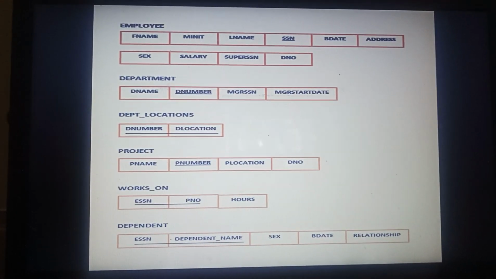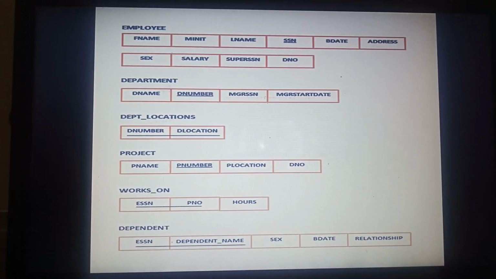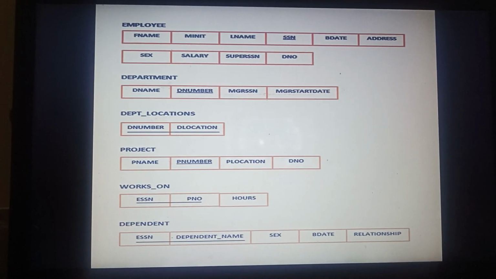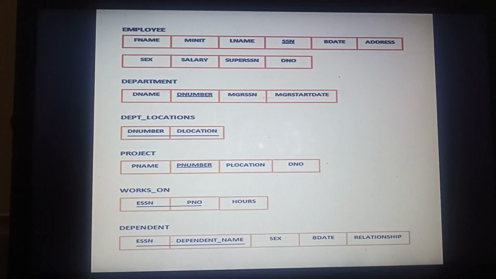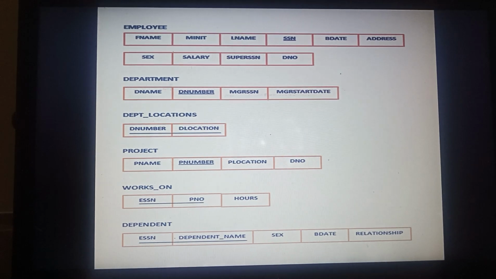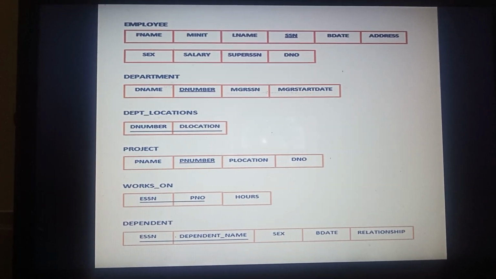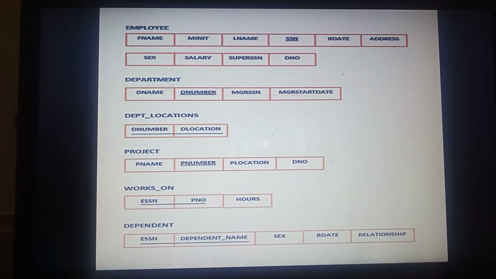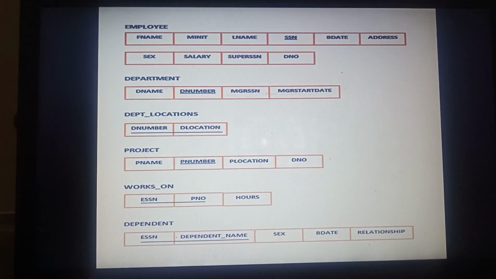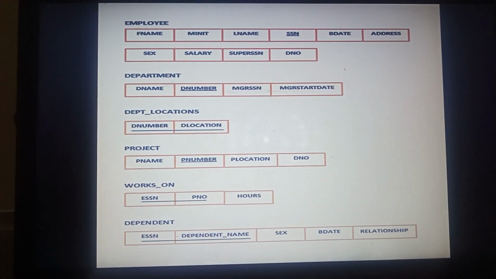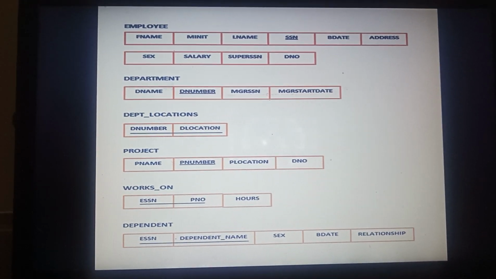So what we will do is, we will make a table for this attribute. We have made a department locations table, in which we have added two attributes, department number and department location, and made it a primary key. So this way we can easily convert ER diagrams to tables.